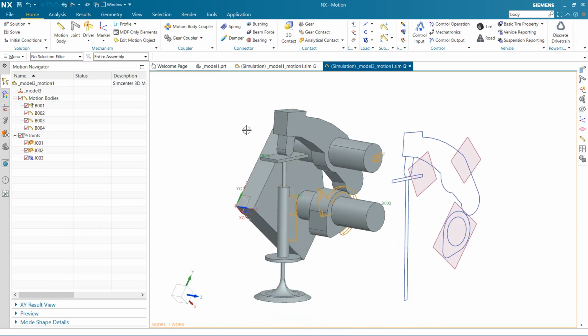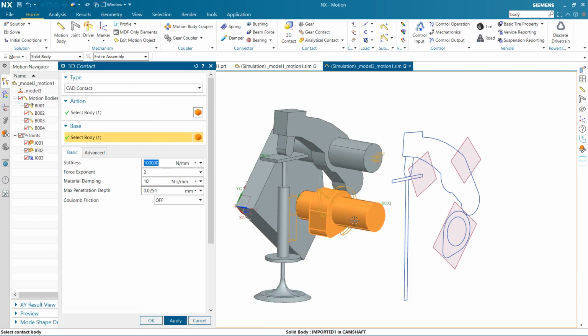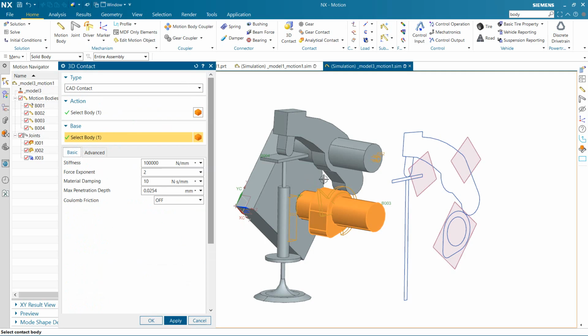So I will show you what happens if we don't use ring. We just use 3D contact. So now we only need that. That's the 3D contact that we need. There's a bunch of information there, like stiffness, but right now we just want it to stay at its place. If it touches, it moves. That's it. So we don't really need to change anything, like the color, friction, or many other things and the more advanced stuff here. But for now, we just need 3D contact. So apply for now. This thing here and this thing here. Apply.